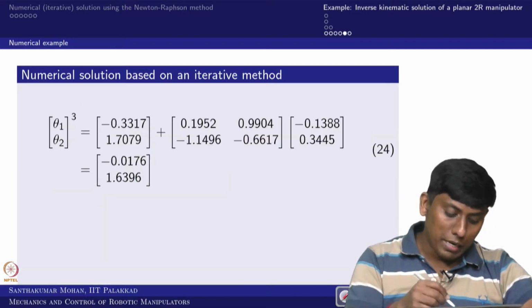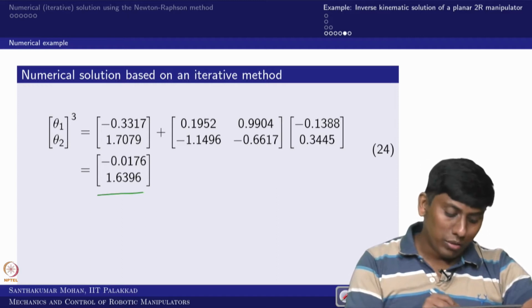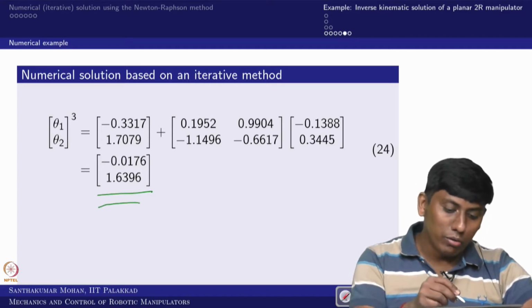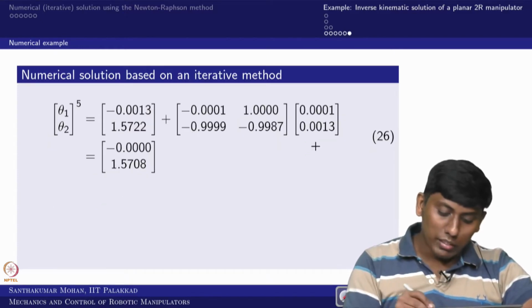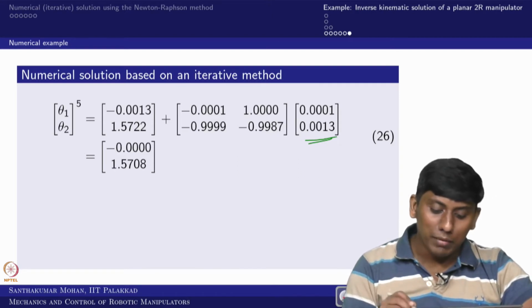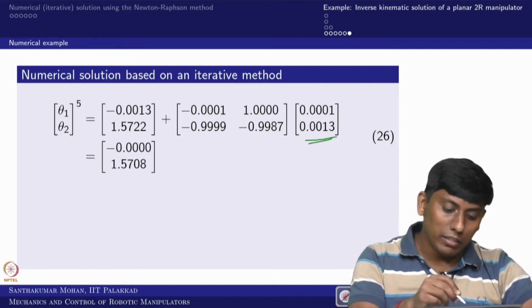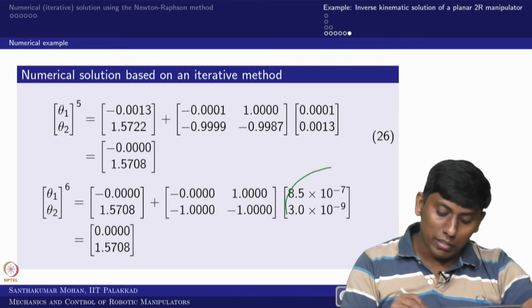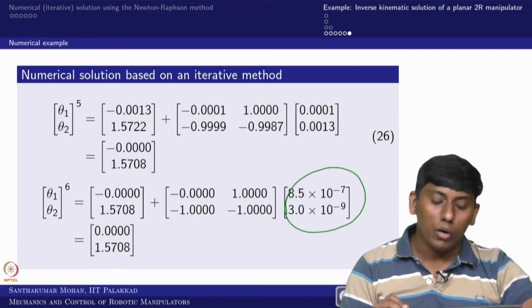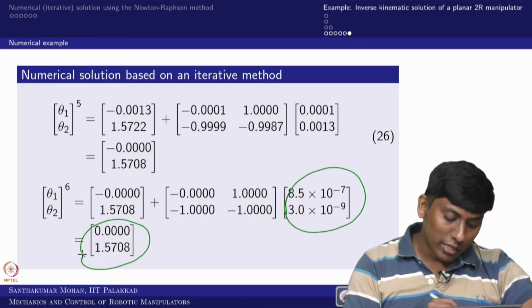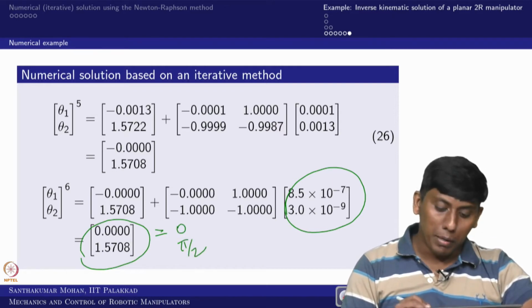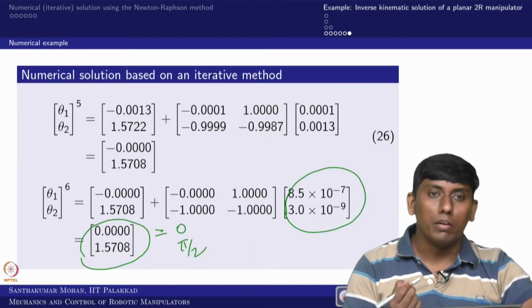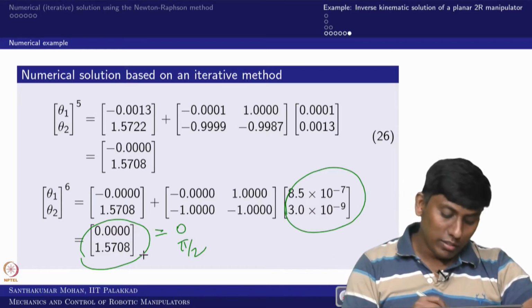So like that, if I keep on going, what you can see is it is coming closer and closer. You can see this value is getting reduced, and at one point of time it comes to 1 e power minus 3 ratio, and you can see this is coming to the order of 10 power minus 10. So now you can see this is equal. So this is 0 and pi by 2, right. So pi by 2 in radians, if you write, it is 1.57 something, right. So in the sense this is equal.